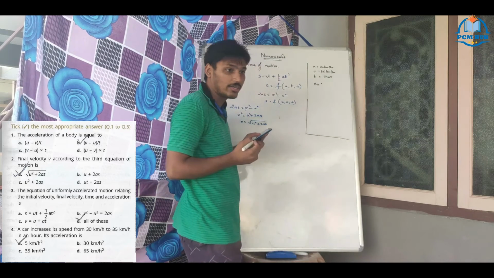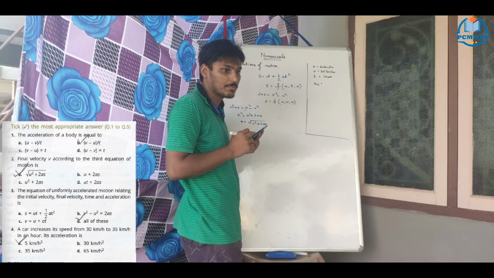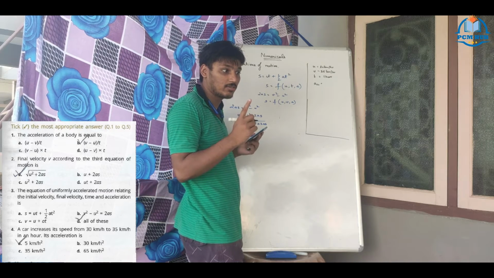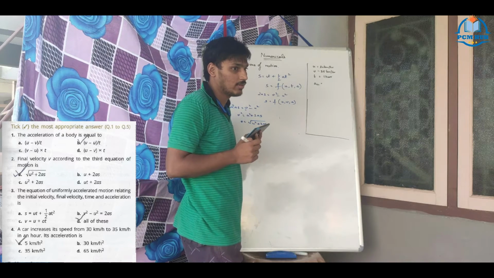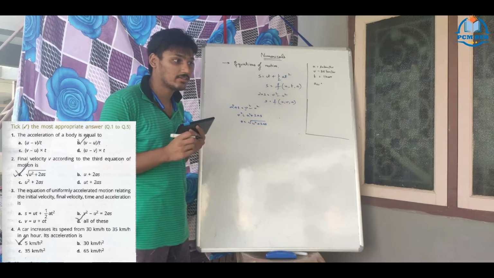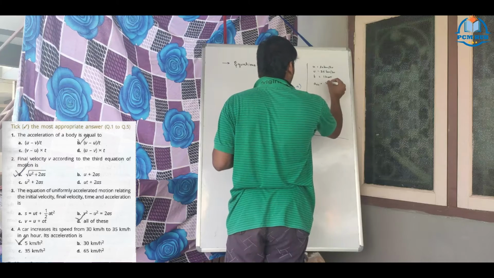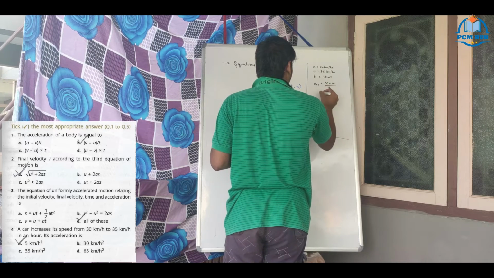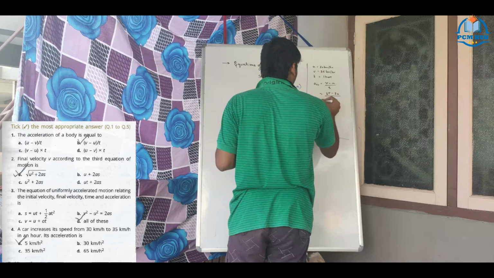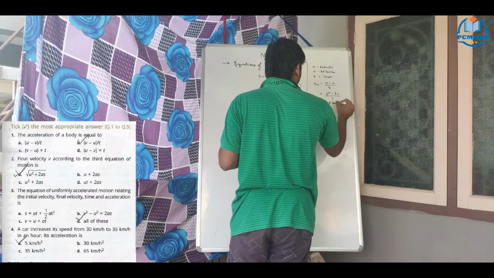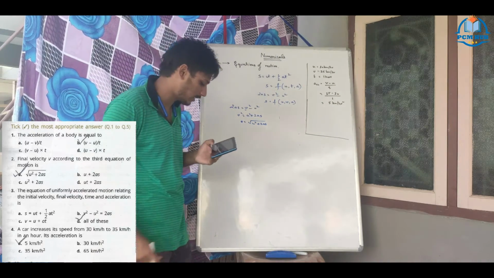So is it positive or negative acceleration? Such type of questions also come. Just by a minus sign, the minus sign is very dangerous. I'm telling you, it will really turn your answer wrong. That's why you should be more careful in physics with plus and minus signs. So it is 35 minus 30 divided by time 1 hour, so it is 5 kilometer per hour square. Your answer is correct. Option A is the correct answer.